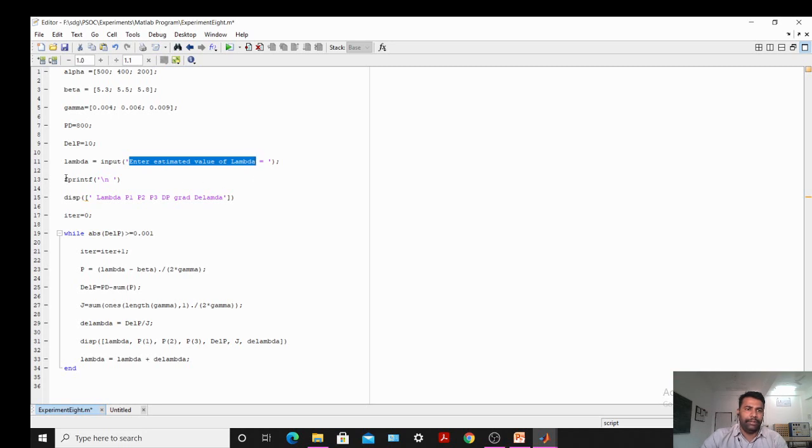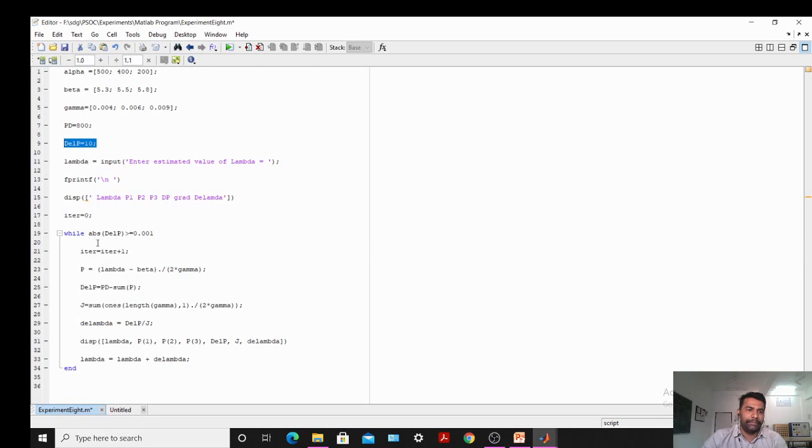On a new line we want to display lambda, P1, P2, P3, dP, grad, d lambda. For that purpose we have inserted \n, then iteration 0, then the program flow will go into the while loop. In the while loop we put the condition in terms of del P, as already we have given del P is equals to 10.